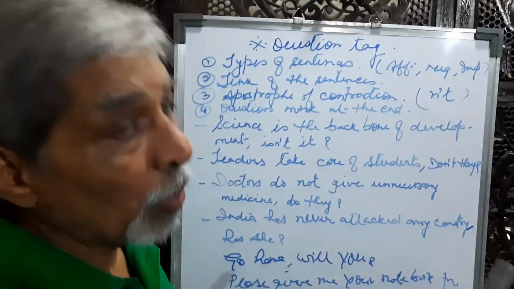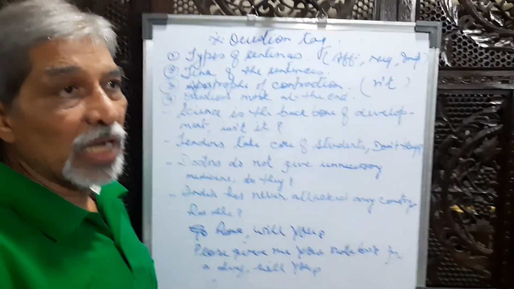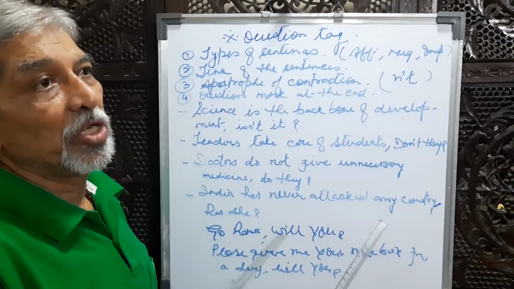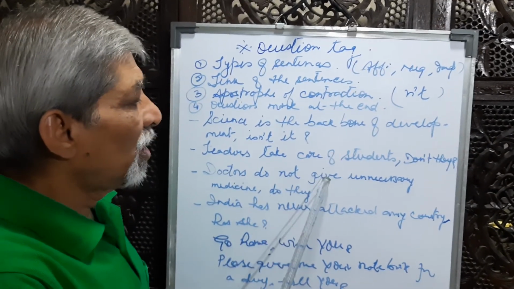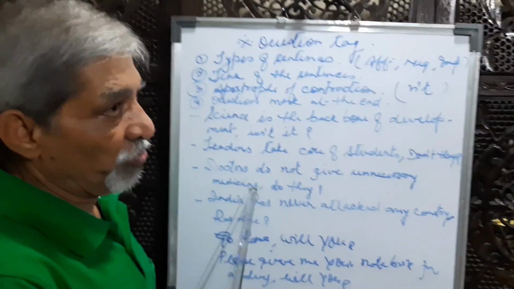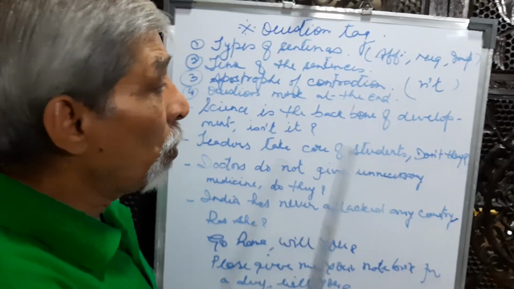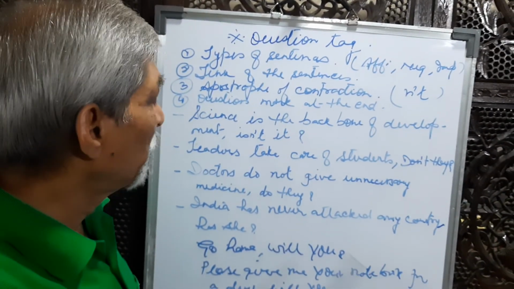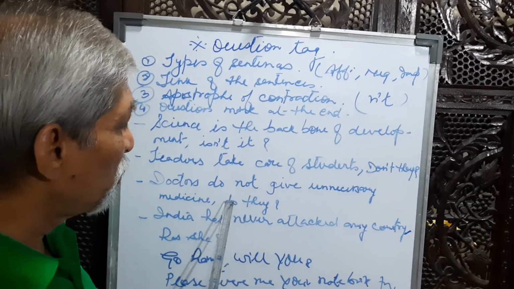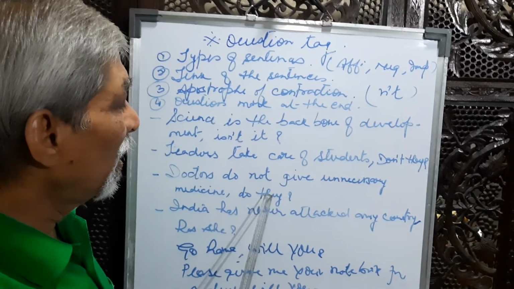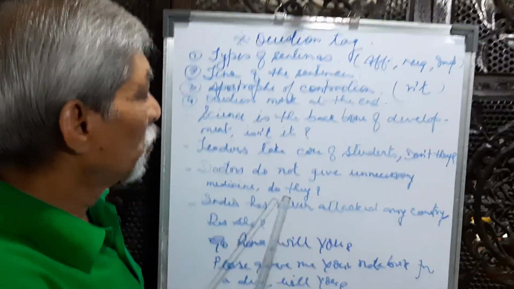One more thing, how to write it, how to present it. Whatever sentence is given at the very first, that sentence should be written completely. This sentence is given: doctors do not give unnecessary medicine. This is a negative sentence. So we only need to take the auxiliary verb, that is do, and contraction will not come, only do, they. If a negative sentence is there, then only the auxiliary verb and the pronominal form of the subject. So this is do, they.